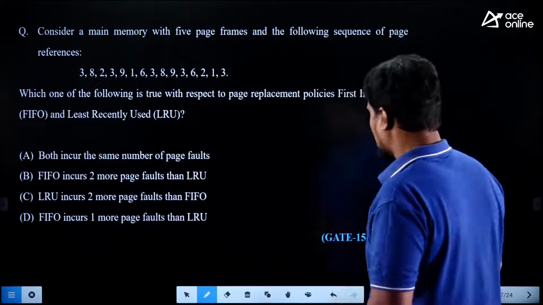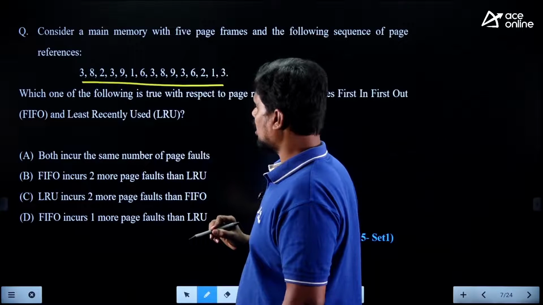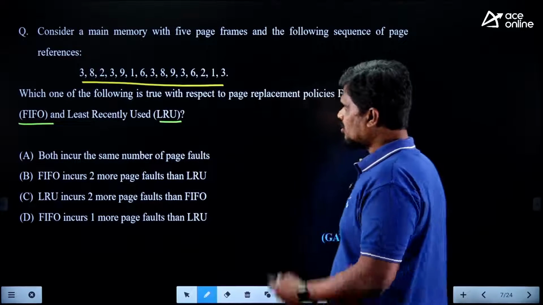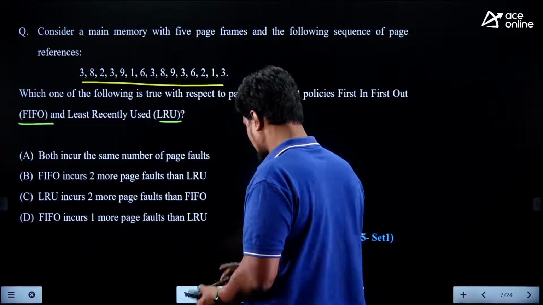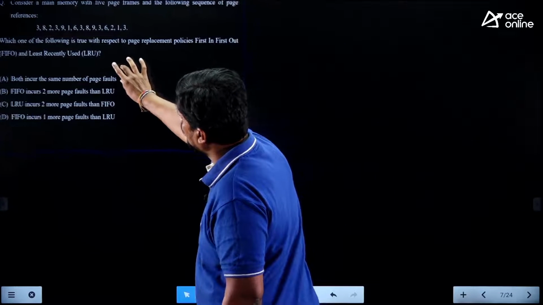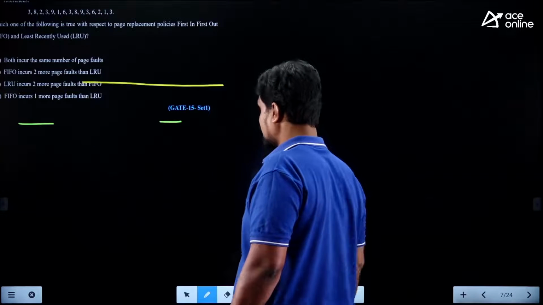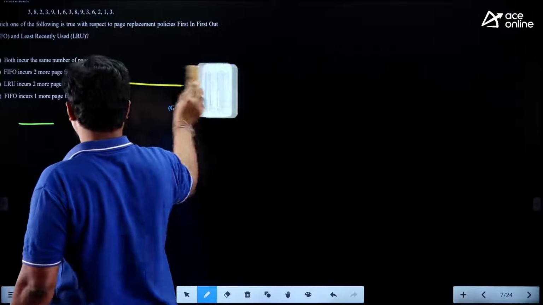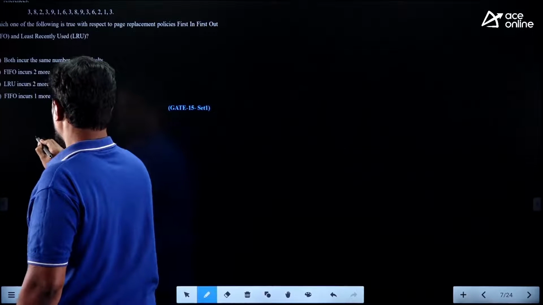If you verify, the question, this is the page reference string we have, and we are applying both LRU and FIFO. So let's consider first LRU. If you consider first in first out, let's consider first in first out. So first, if we consider first in first out, we require the page references here. What are the page references if we consider 382,